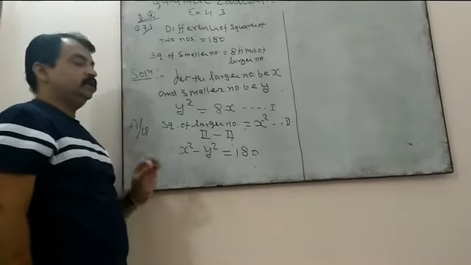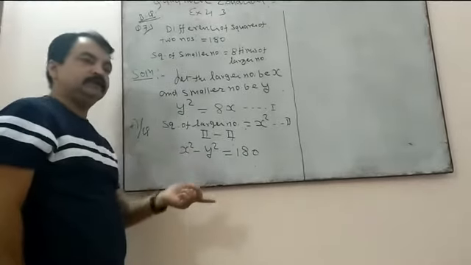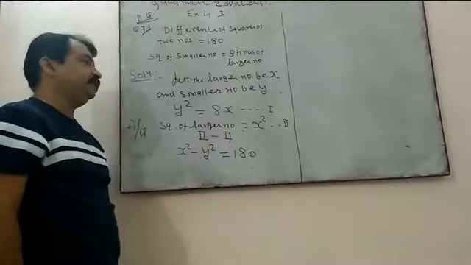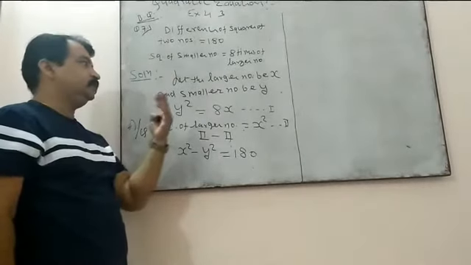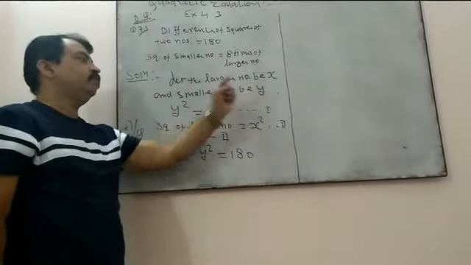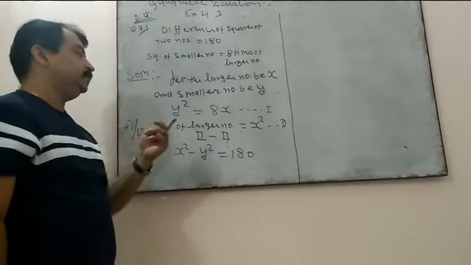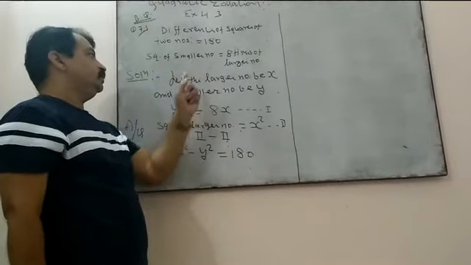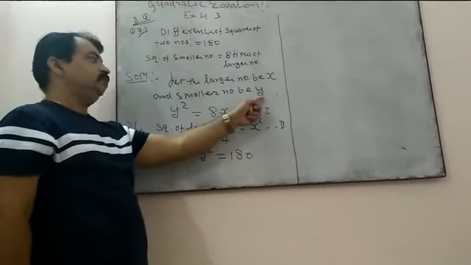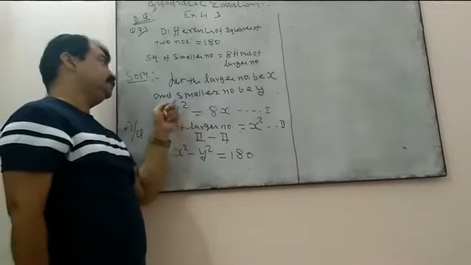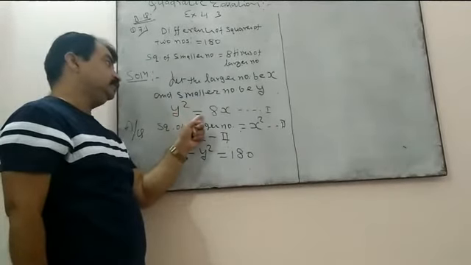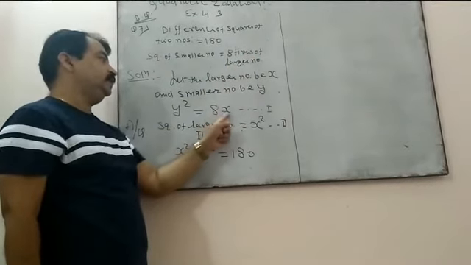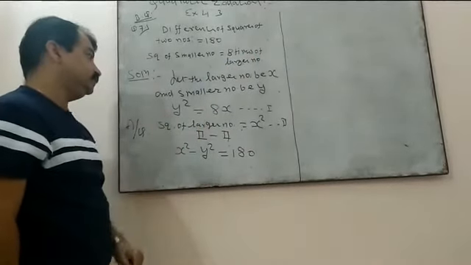See, the smaller number is compared with the larger number. So we have assumed let the larger number be x, right? And for our support we have assumed the smaller number be y. Clear? I am again repeating. Now see, the relation given is the square of a smaller number. The smaller number we have assumed here is y, so we will write y, and its square, that is y square, is equal to 8 times the larger number, that is 8x. So this is the first equation.